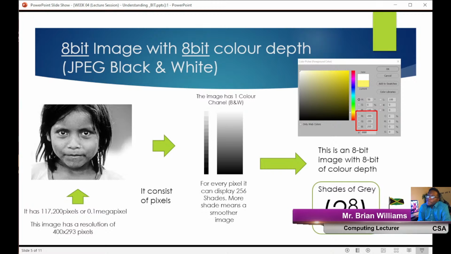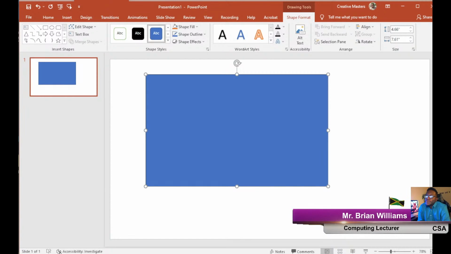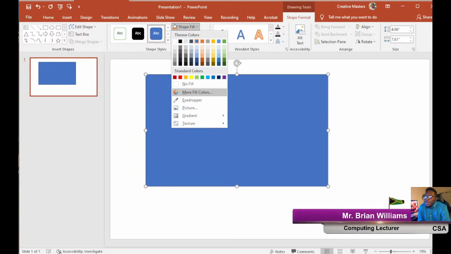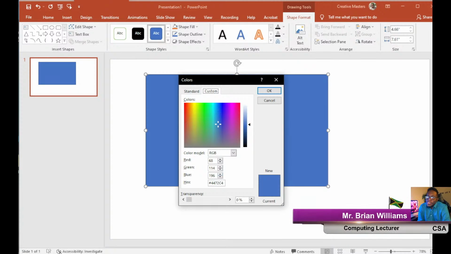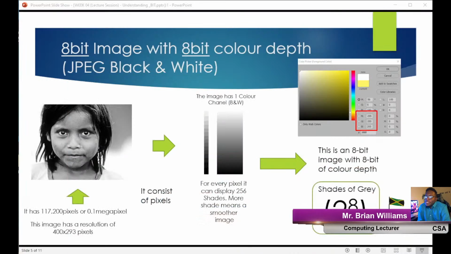Now, I don't know if you ever noticed, but it is unlikely that you will find any computer program that, when you bring up any kind of color picker, like what we were doing in Photoshop or in PowerPoint when we went to pick a color, all computer programs are going to tell you that you can only choose between 0 and 256. And this is why this is 2 to the 8, because it has